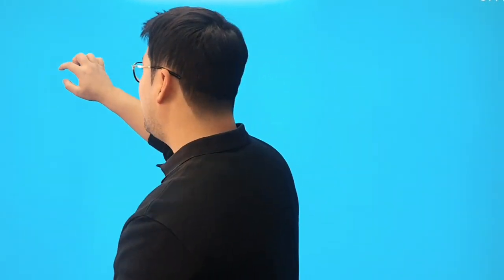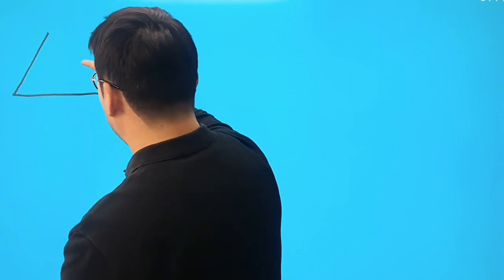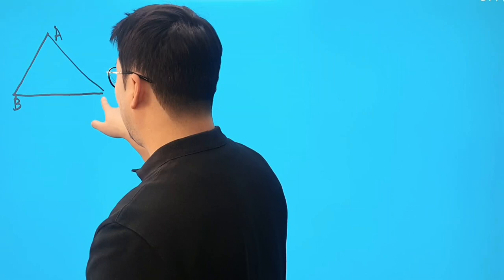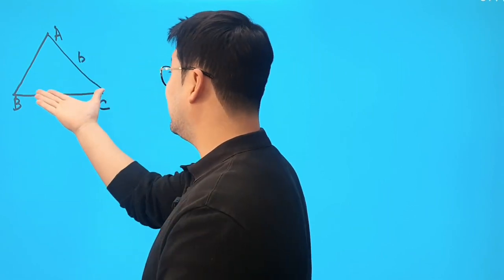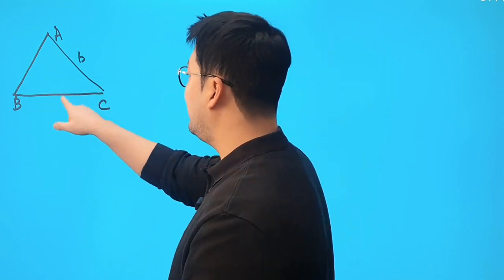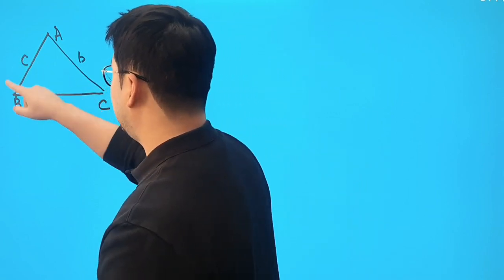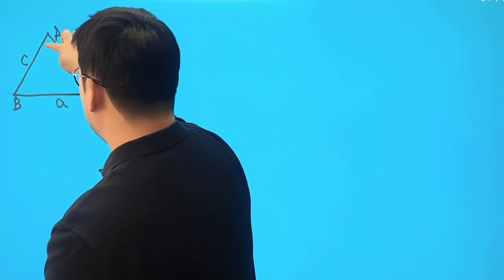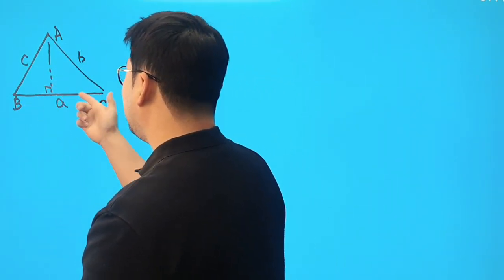Hello everybody, in this video I would like to show you how to use law of cosines in competition math. So here we go. In order to do it, we need a triangle, and I'm going to draw any random triangle. It should be labeled properly. So I'm going to call this capital A, capital B, and capital C. And of course the opposite sides to those vertices are going to be small a, small b, and small c. All right, so without loss of generality, I'm going to drop the perpendicular foot from A to BC,